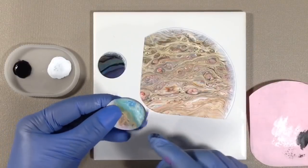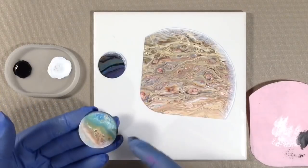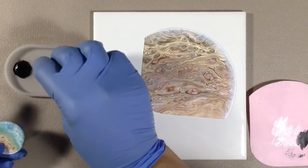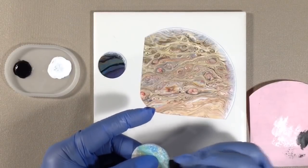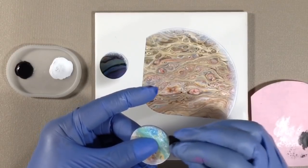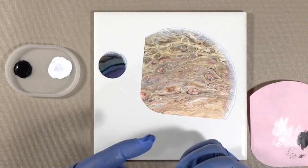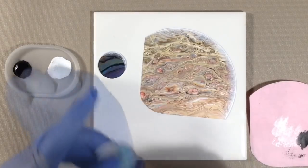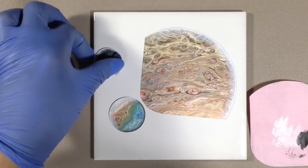Now for the opposite side of this planet, because it's so pretty, I don't want to really cover it in black too much. So I'm actually mixing a little bit of white in my black and then sort of dabbing at the edge to get more of a gray. And then after having done that, now I'll sort of tip the edge with more of a pure black. So that's that one. And this one,